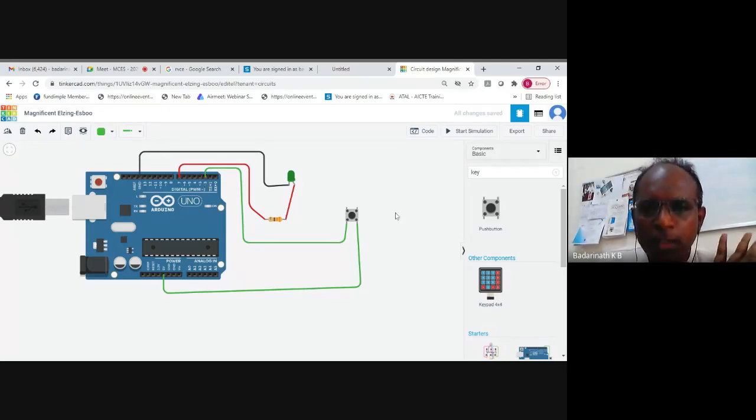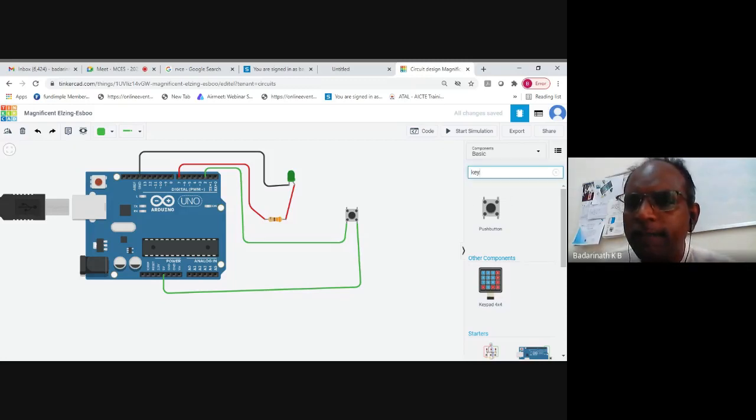Now, in my circuit, I want to convey that when it is not pressed, I want to give a 0 voltage. So to confirm that 0 voltage is applied at this point, I have to build some circuit for that. How do you build a circuit? I will use one resistor and connect this point to ground, so that when I am not pressing, always 0 will be applied at this point. This concept is called pull down. So it is called pull down logic.